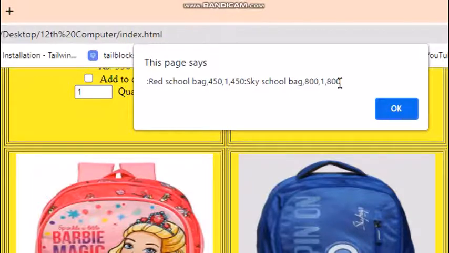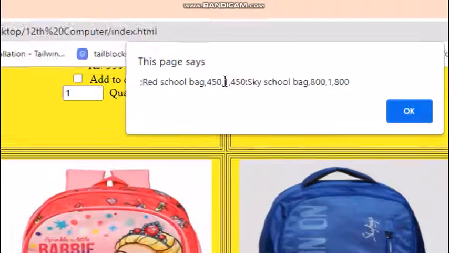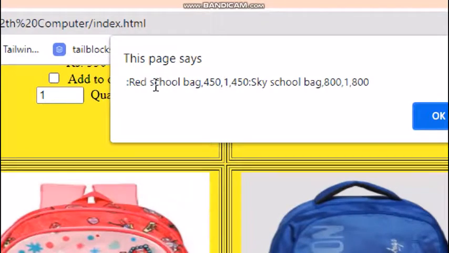Children, just observe here. Details of each product are separated with a delimiter, a comma. Here, the name of the product, price, quantity and total amount are separated by commas. Even here.